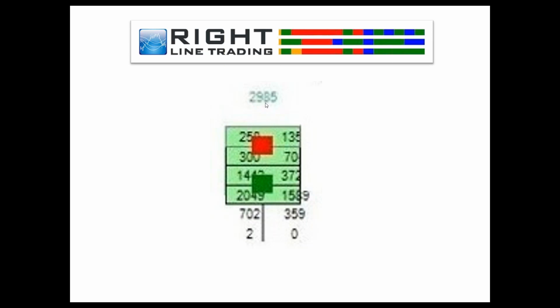Now, this is a little blurry, but what you see here is 2,985. And what it's doing is taking the bid-ask difference of each individual price level. This could be a pip, a tick, or a cent. It's summing them all up and telling you, are there more buyers sitting on the dome, or are there more sellers sitting on the dome? It's not looking at executed trades. It's just looking at the number of traders with their orders, the number of contracts, the number of shares, whatever that might be,